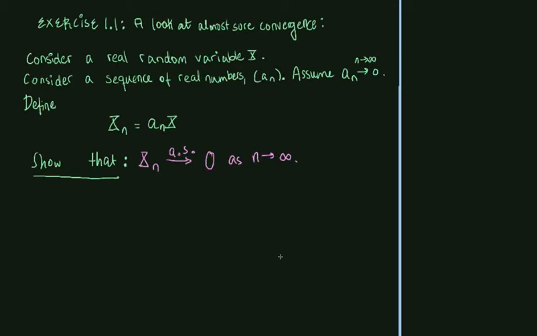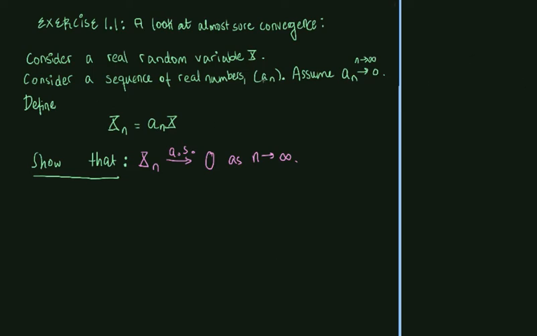Let's start off nice and slow. We will look at an exercise where we will get better acquainted with the definition of almost sure convergence of random variables. So if we consider exercise 1.1 in the book of advanced probability, we're asked to consider a real